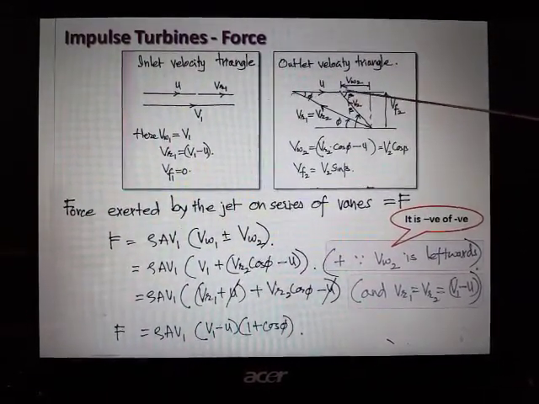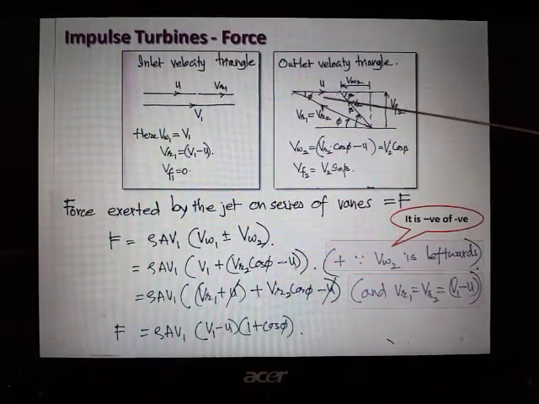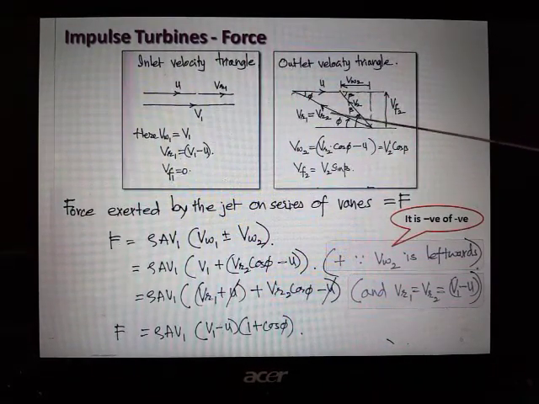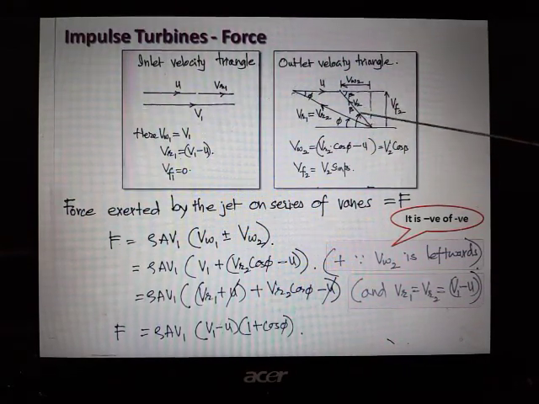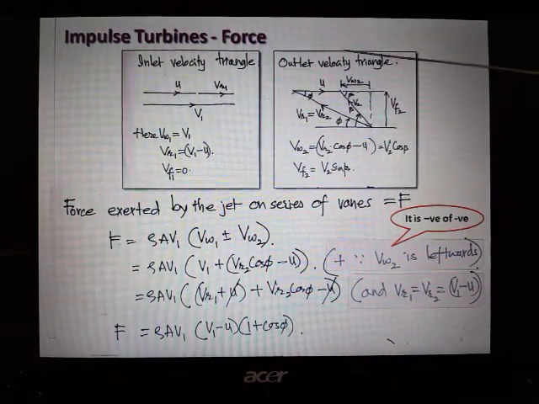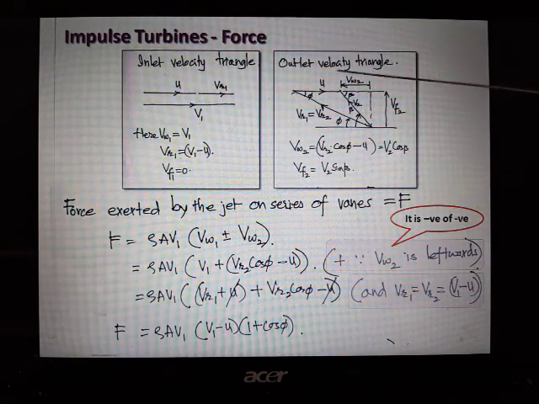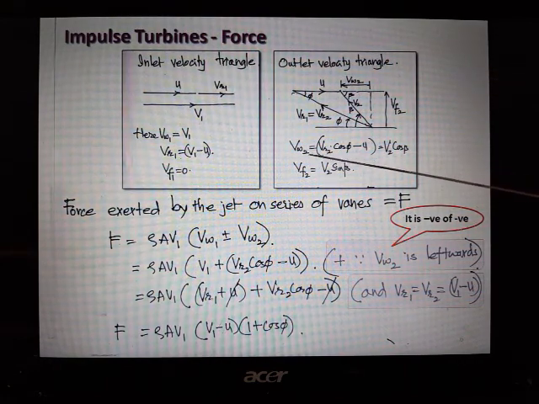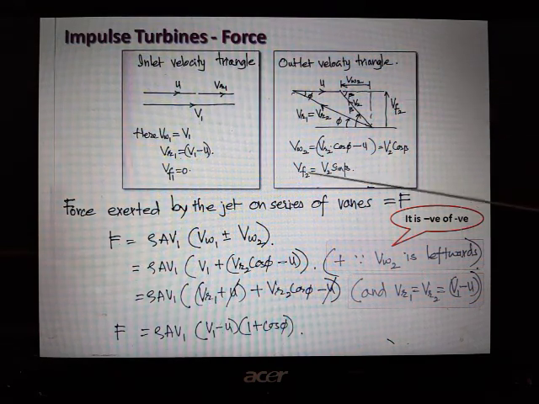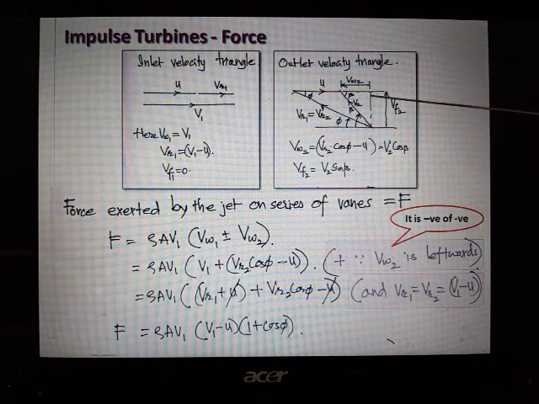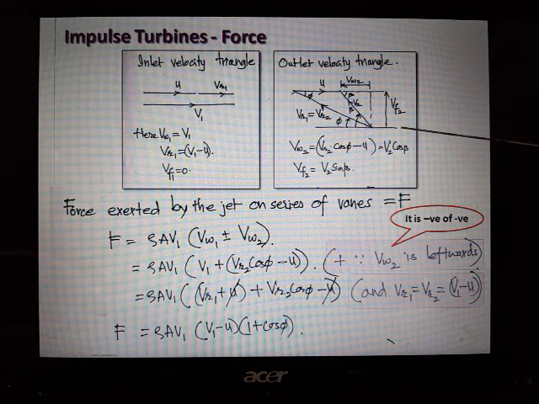Now u is the velocity of the vane, vr2 plus u should become v2. So this is the jet, the angle of the jet is beta. So this is again a typical outlet velocity triangle, and these relations are quite evident from the figure itself, because v2 is there, the component in u is called vw2, the component this way will be called the velocity of